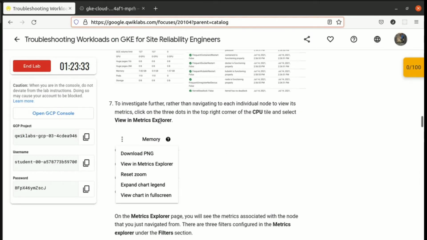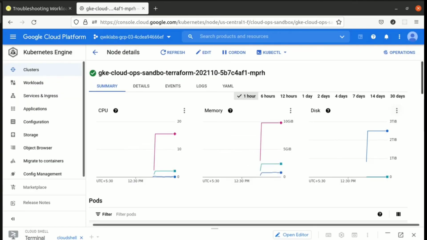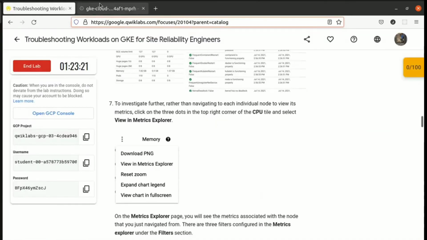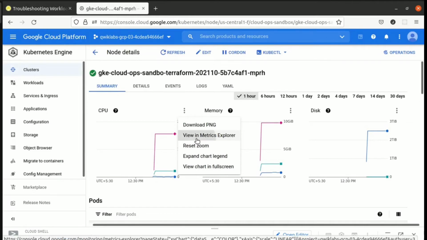Click on the three dots in the top right corner of the CPU tile. Okay, where is the CPU tile? Okay, this one, and view in Metric Explorer, right? Click on view in Metric Explorer over here.